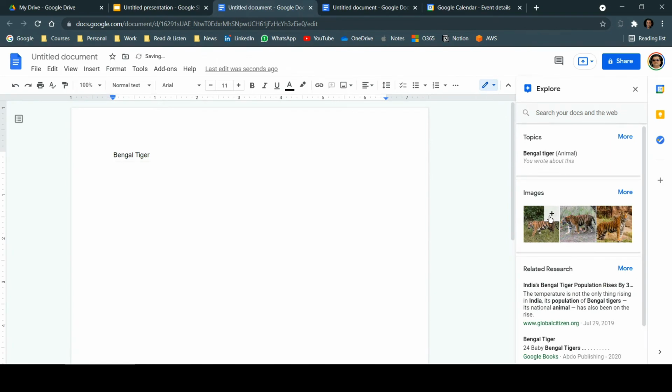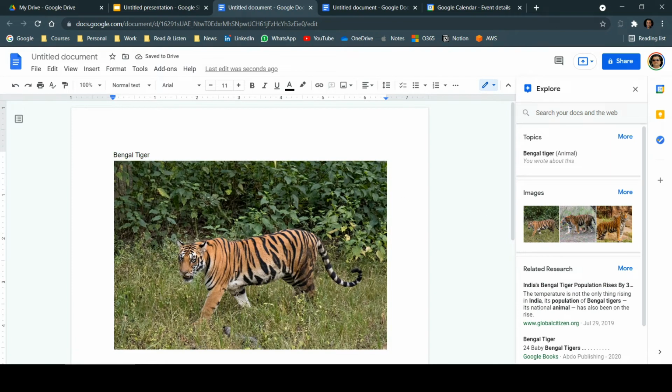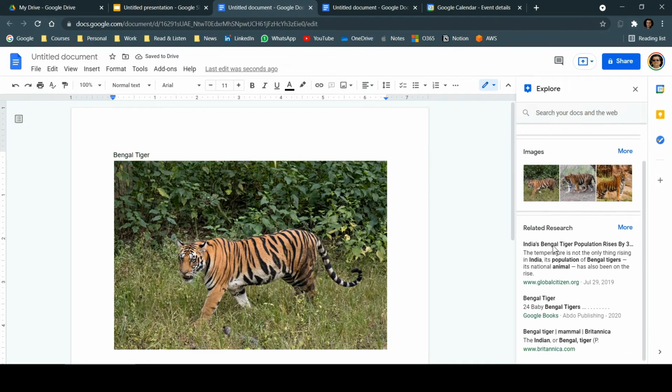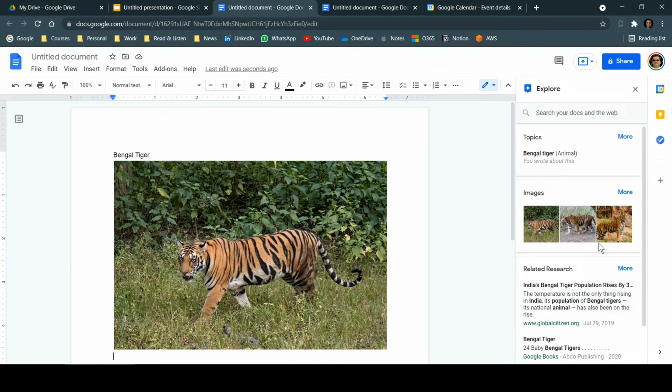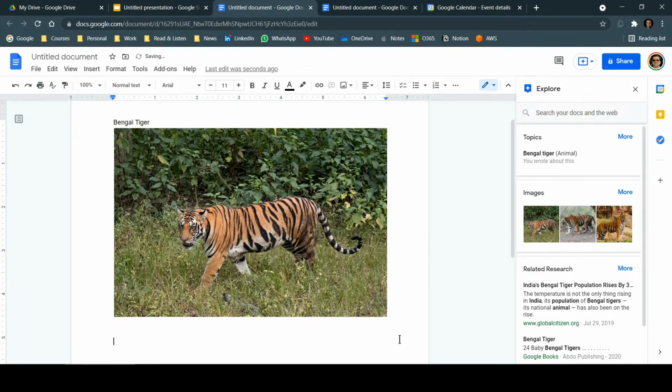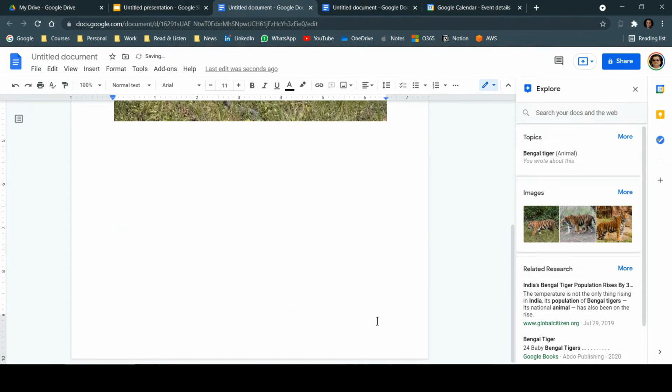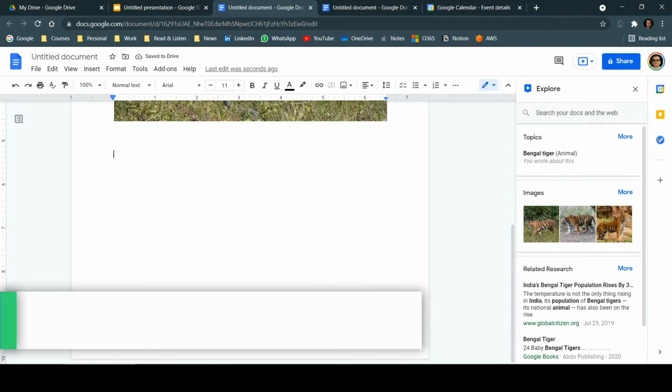If I just click on that, this particular picture will get added very quickly. Similarly, you can add any of the other links, and all those options are there. So you can just explore this Explore option and you'll be able to make use of it, and it will definitely help you.